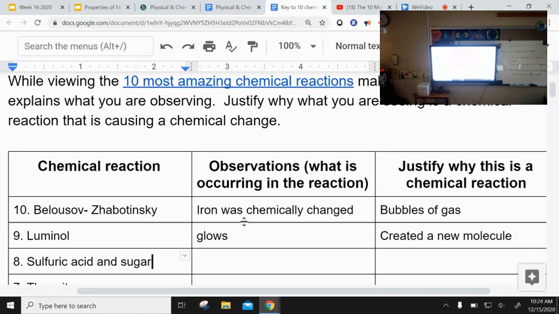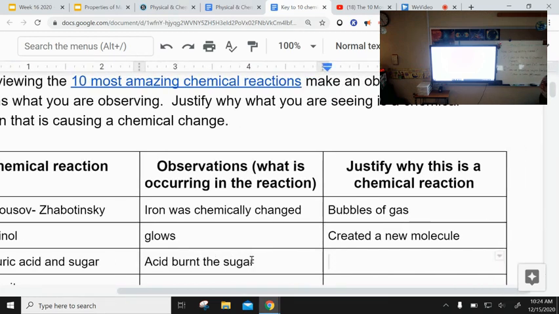So as far as observation, you can say the acid did what to the sugar? Burnt the sugar. And then as far as justification, if you want to talk about why, you can either put in gives off heat, or you can just write exothermic, okay? So exothermic means that it gives off heat. So the next one down,